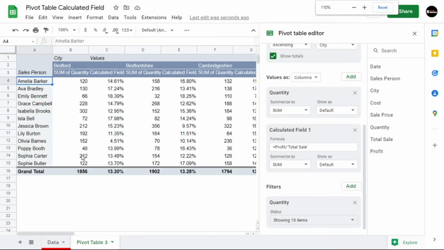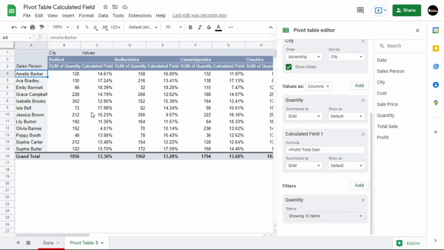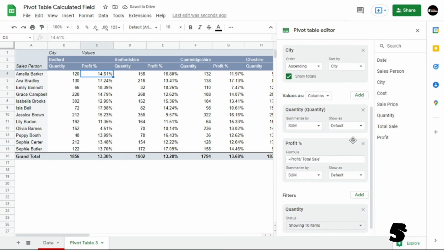Now see, this works, and how beautifully it has calculated the profit percentage of each salesperson in each city. If we look into the column headers in the pivot table, the column headers show weird text. Let's change the column names in the pivot table. My first column is the quantity. Click on the column header and then change the column name. And it would automatically change the name of others of the same category. Let's apply this with the calculated field. If you have noticed here on the right side in the pivot controls, the column name has also changed.